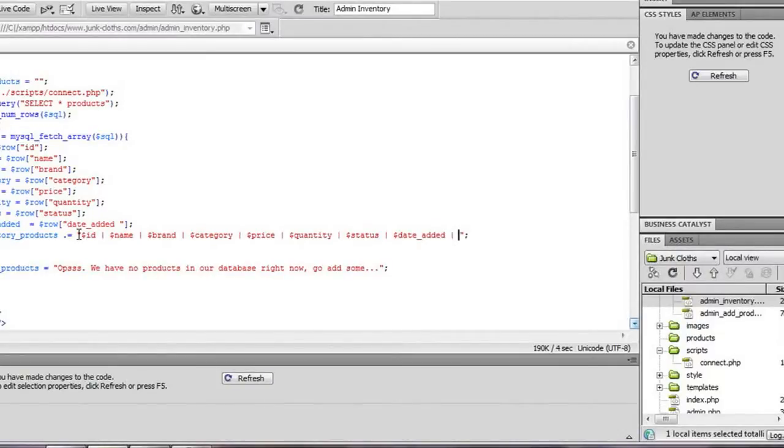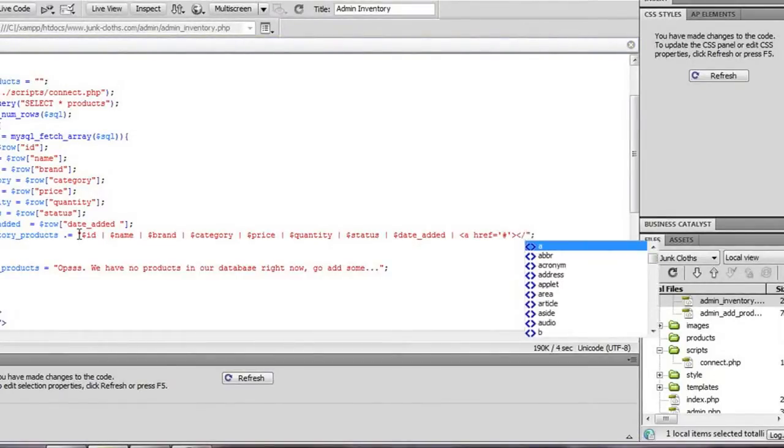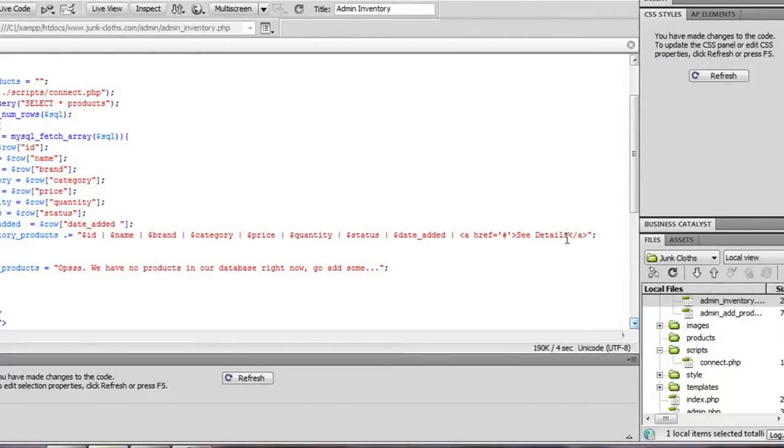And I'm going to add here a link, so href equals to, and put pound, because I don't know where we're going to make it, let them see the page. So put href and click here, see details. So, or edit. No, actually you're going to say edit. Edit. And the last one is going to be